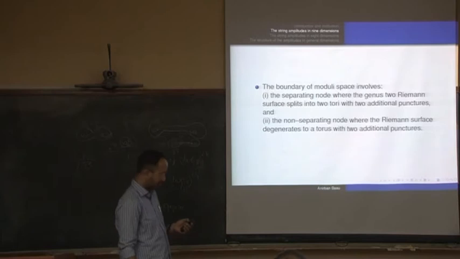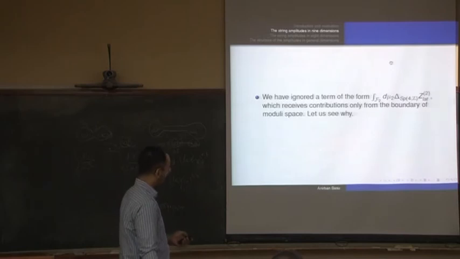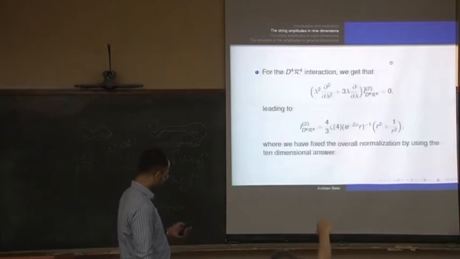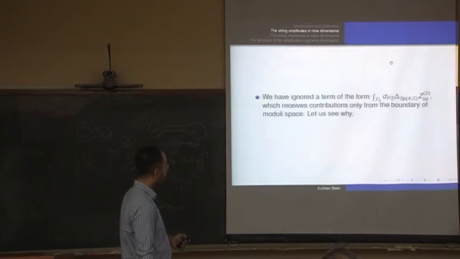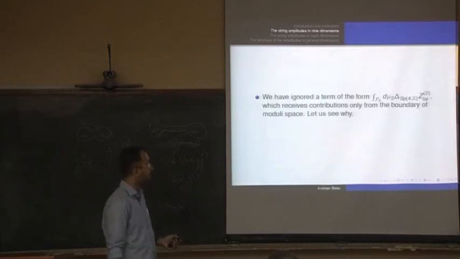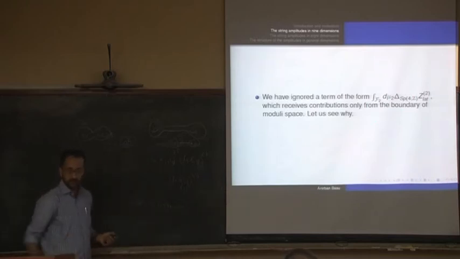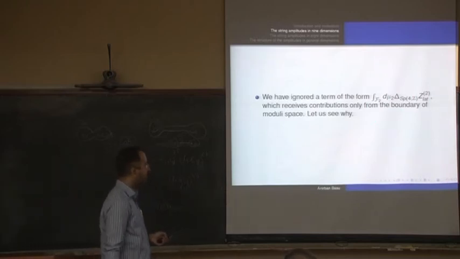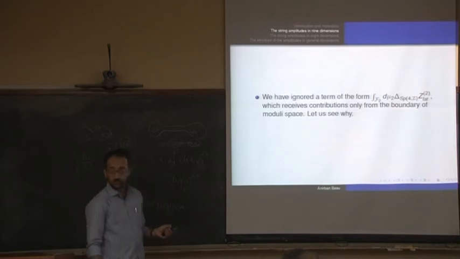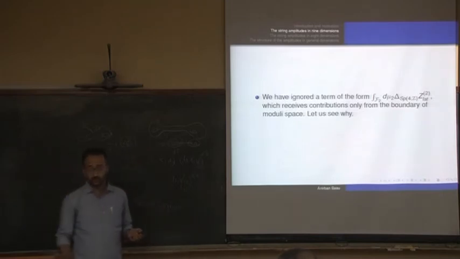I have to look at the contributions, what comes from here. And contributions meaning the extra R dependence. I just want to show you why this vanishes. The issue arises because you have a differential equation in terms of R, and then you want to know whether there are extra R dependencies. I acted on the right hand side with this, I just got rid of this, to get the differential equation. So the question is, why should I throw it away? More than half of my talk will be spent on cases where we can't throw it away. Let me start here. We got the differential equation by asking something was zero by an integration.